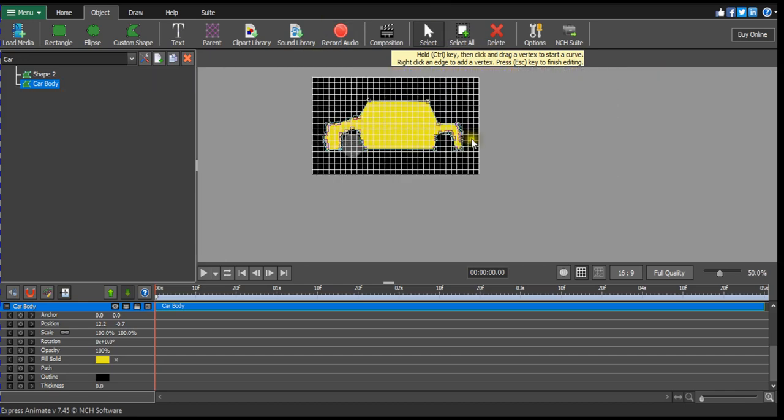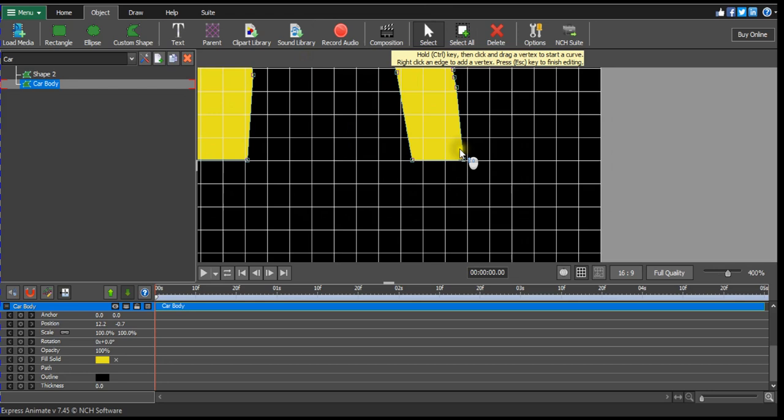I zoom out, I go here, I make sure I also have 9 boxes. So I take this one, push it: 1, 2, 3, 4, 5, 6, 7, 8. Then I push it once,